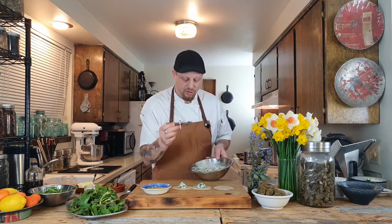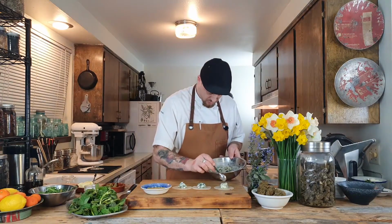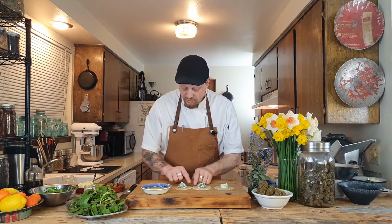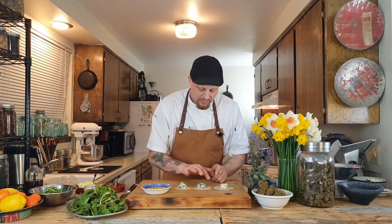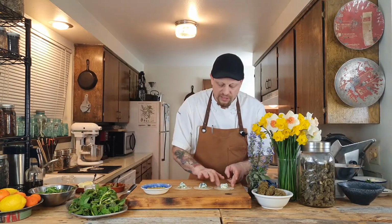If you use a smaller spoon, you won't put too much in there. And you want these raviolis to be done quick so that your guests can enjoy eating. You know what I mean? Take your finger, make sure you have a little towel for your egg wash, and just egg wash half of your circle, so that you can close it, make a half moon, or what we call in Italian